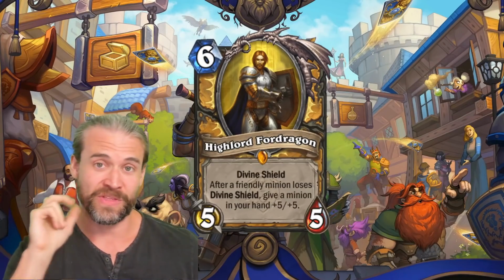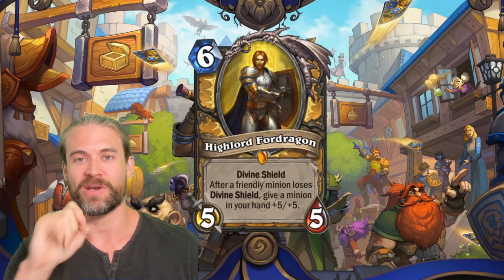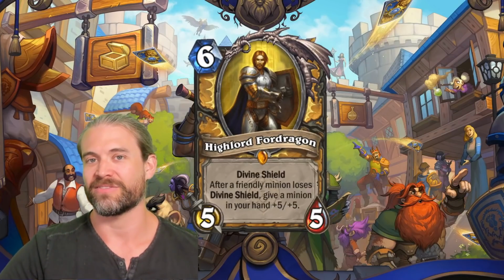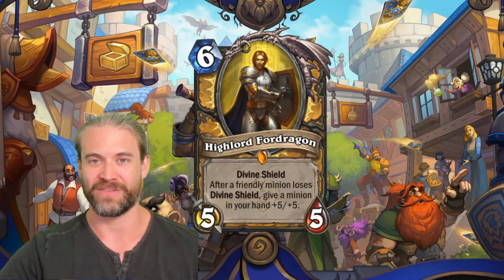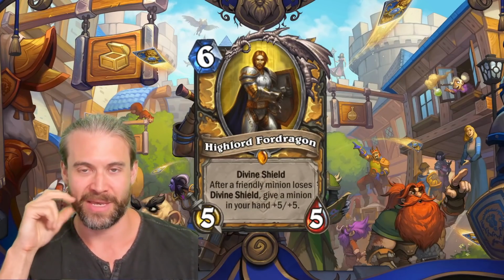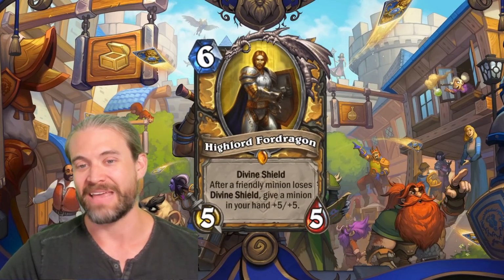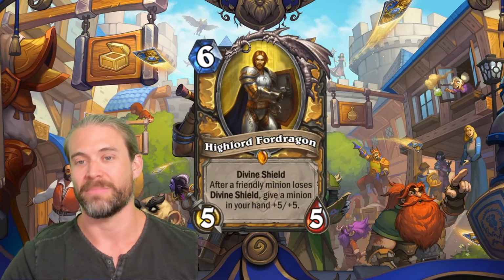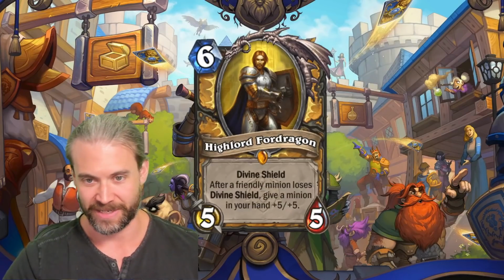So I do think this is likely to be a very powerful card, especially in like mid-range or control matchups. Clearly not necessarily great against aggro. You're paying 6 for a Divine Shield minion that doesn't have taunt or anything, so he's gonna end up being a little too slow there. But in a value-based matchup, getting a hand super buffed like this can be absolutely devastating. So that is it for